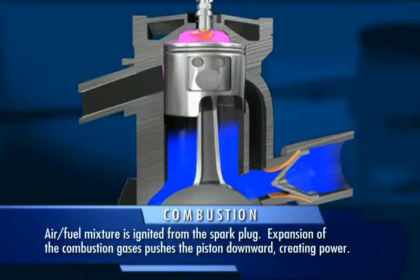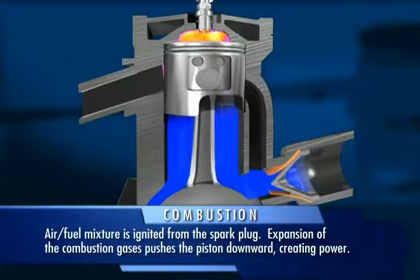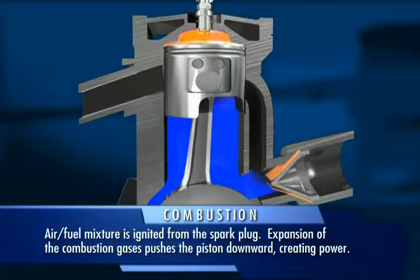Just before the piston hits top dead center, a spark from a spark plug causes the compressed fuel to ignite. The near instant